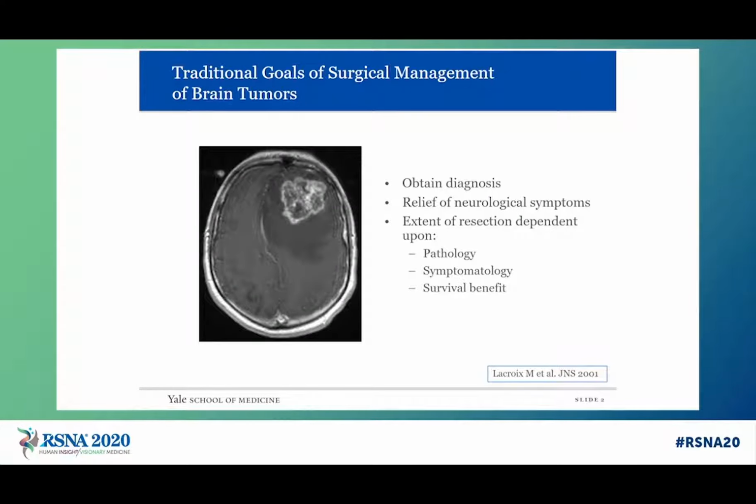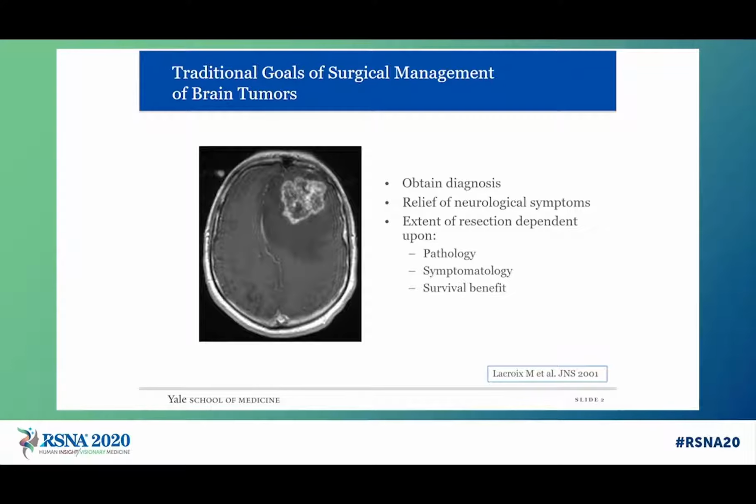So the original title of my talk was Surgical Planning, Image Guidance, and Extensive Resection, and Surgical Alternatives, including LIT, for managing brain tumors. This is a huge topic, and so in the 15 minutes I have today, I'll be mostly talking about LIT. But I wanted to start by revisiting some of the basic premises of surgical planning. So traditionally, the goals of most surgical cases of brain tumor involve firstly obtaining diagnosis, and then secondly obtaining relief